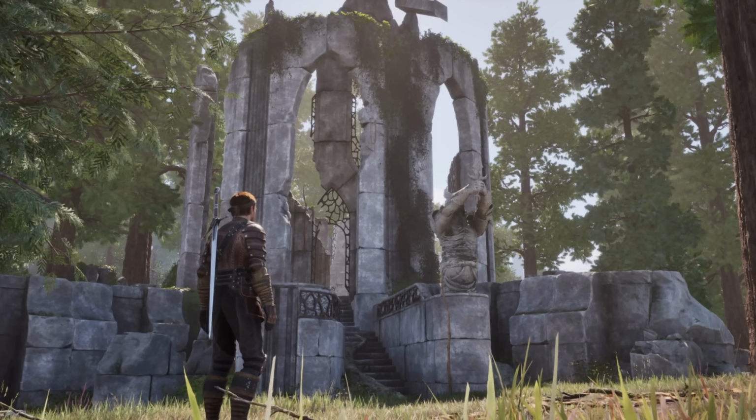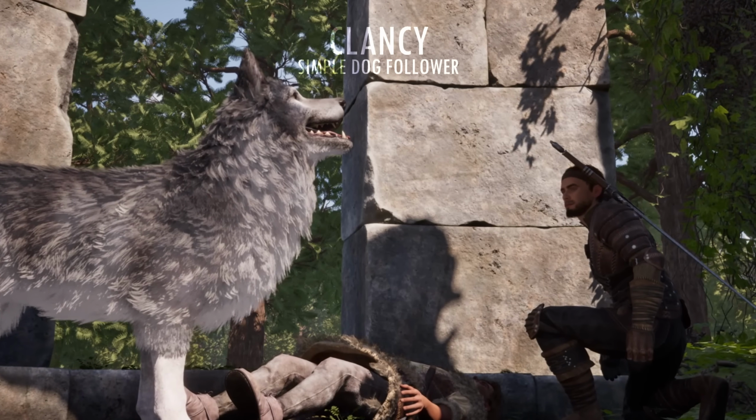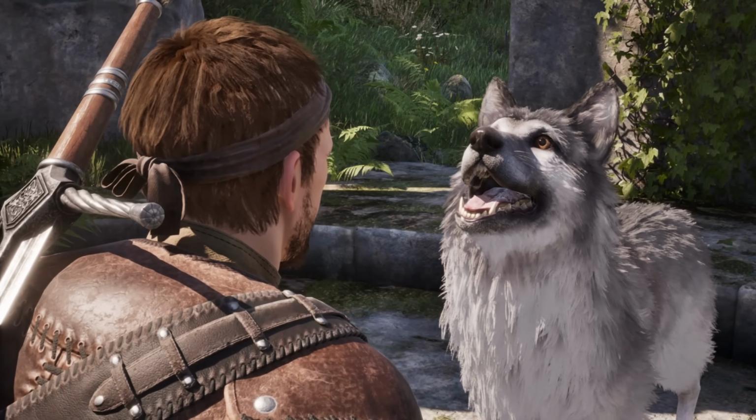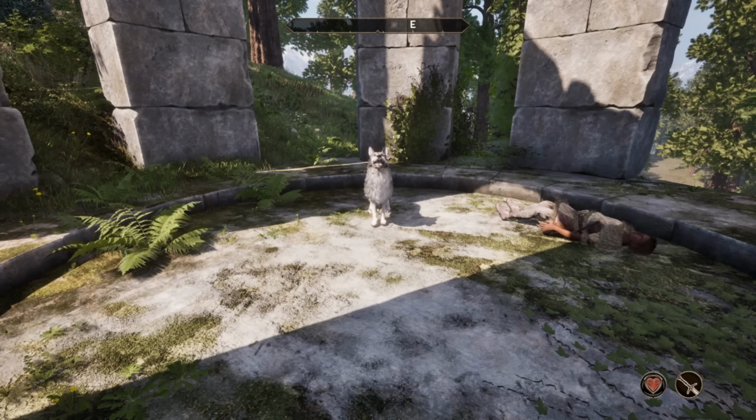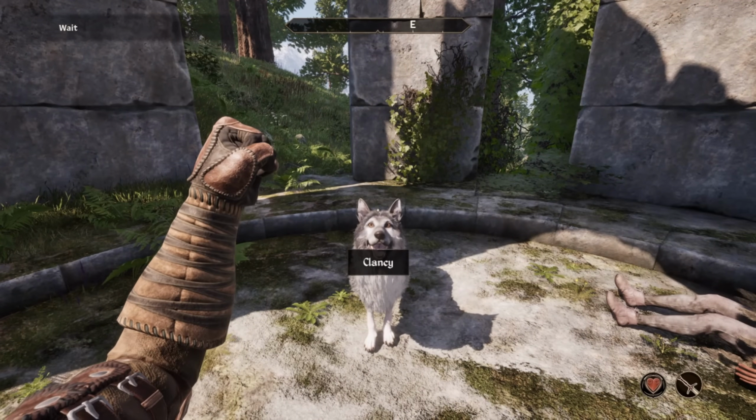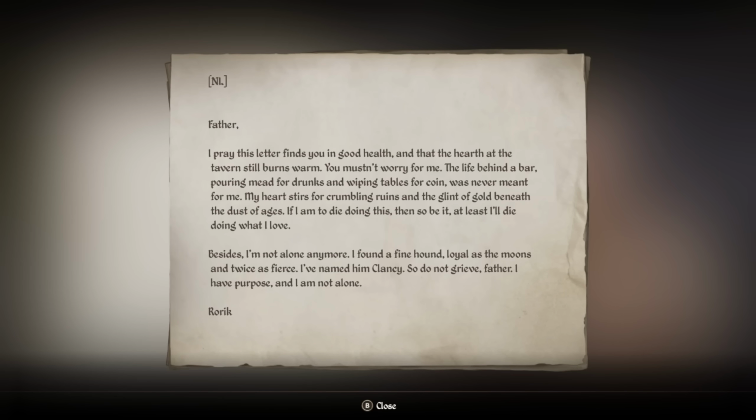Now for a proper companion. Meet Clancy, the simple dog follower. This mod introduces a happy, fearsome dog that will accompany you on your travels. You can tell him to follow or wait with simple activations, and he even has a note from his late owner